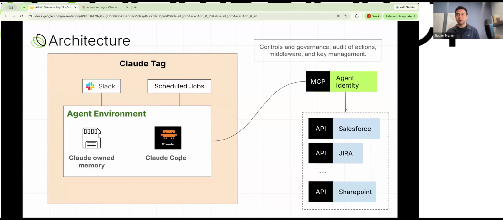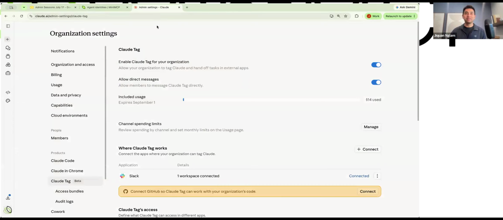One of the things that works really well in Claude is using the Mint agent identity as a way to connect into Claude Tag, and using that to negotiate the underlying access to things there. I'm going to show you that quickly and how that reflects in the Mint environment as well. As I'm going through this, feel free to post questions in here too. Maybe I'll first show you Claude Tag.